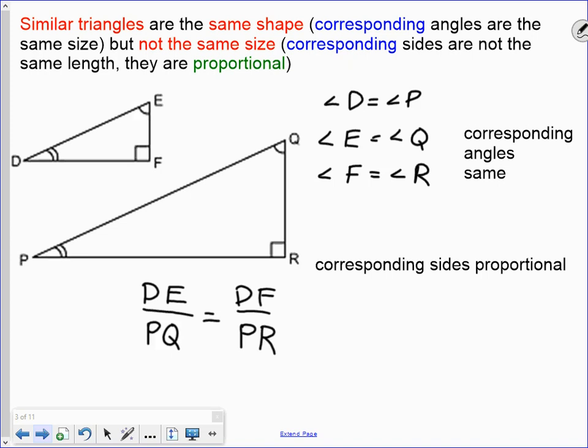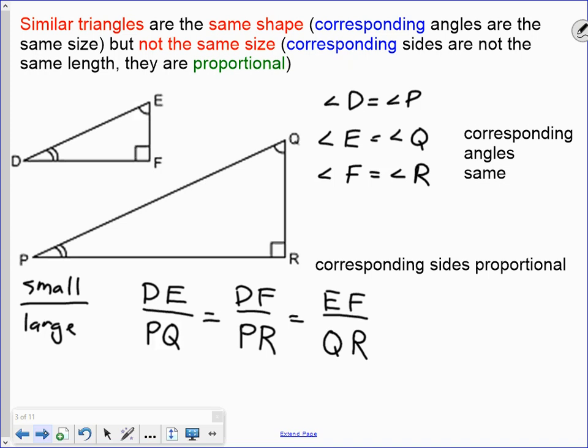Notice I'm putting all of the sides from my small triangle in the top and my large triangle in the bottom. So this ratio would be the same if we were to compare our third side, EF from our small triangle, which corresponds to side QR